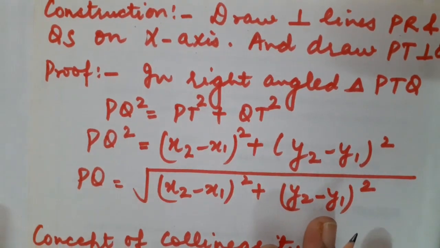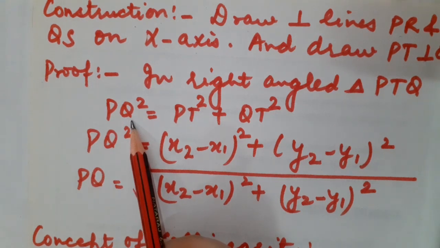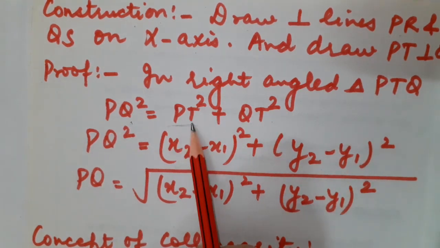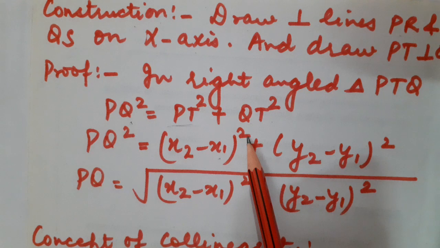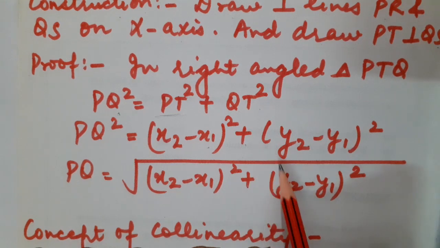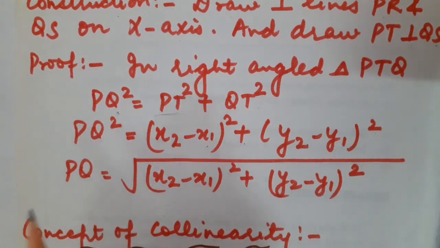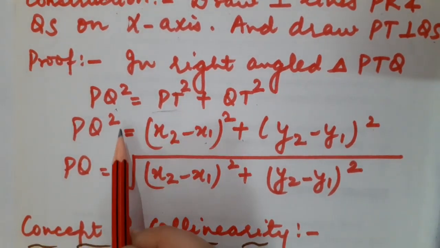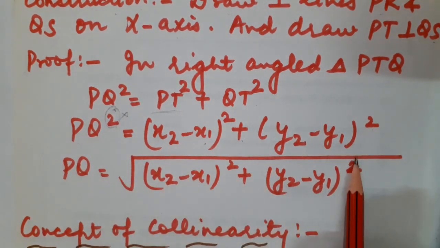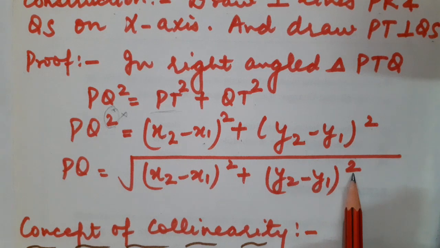While applying Pythagoras theorem, children, you can write that PQ square, which was the hypotenuse as it was opposite to 90 degree, is equal to PT square plus QT square. PT I have just told you, that is x2 minus x1, its whole square you have to take, plus QT, which we also calculated while subtracting TS from QS, that is y2 minus y1 whole square. This is equal to PQ square. But what do we have to calculate? We have to calculate PQ only. So definitely this 2, which is a whole square, is going to be removed, and here I will be getting under root. So the distance formula is the square root of x2 minus x1 whole square plus y2 minus y1 whole square.